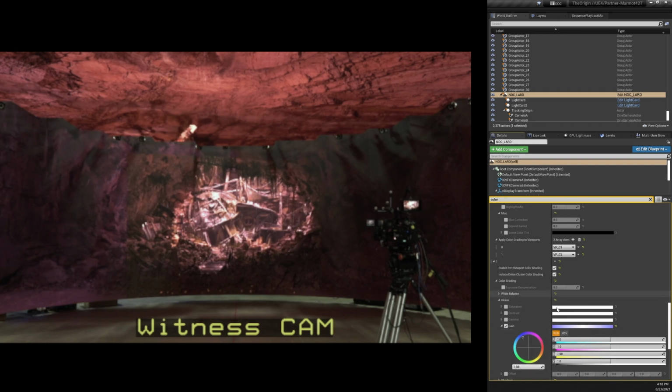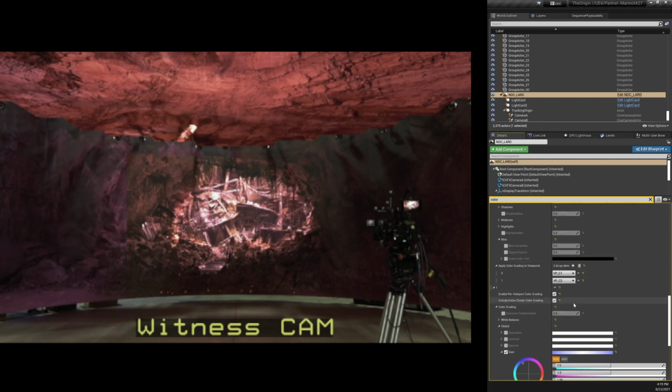So you can see we have a bit of purple on the wall. By default, these settings are additive. So we're adding the blue on top of the red that we've already added in the global settings. If you would like to exclude the entire cluster settings, we can switch this include entire cluster color grading to off, and we'll get only the changes that were made on this per node basis. But for now, we'll leave those on. And we can have the stack built up in that way.